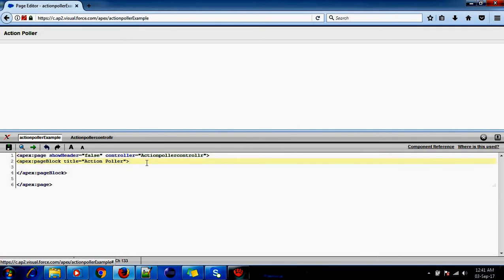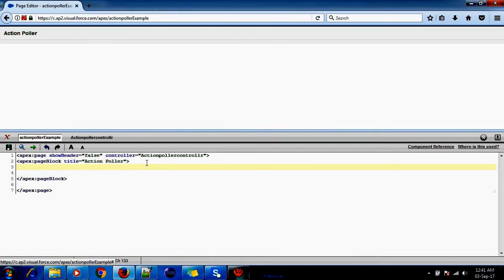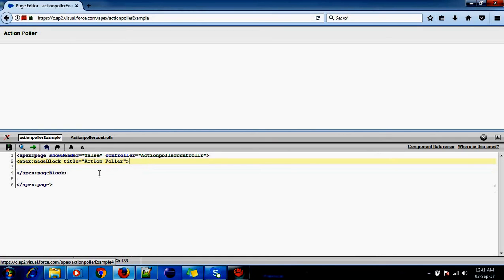So here what I'm going to use is, generally what we are doing here: in action poller I'll give a number and it will keep on incrementing automatically in a particular interval of time.